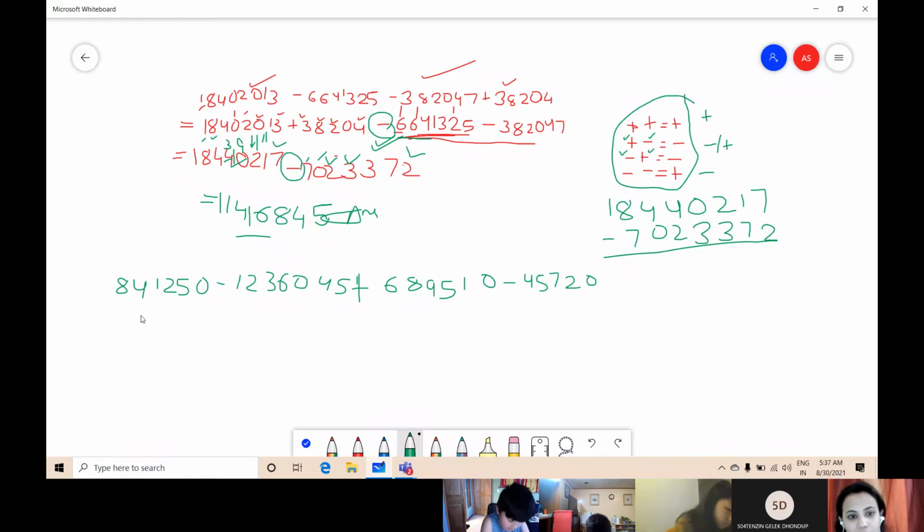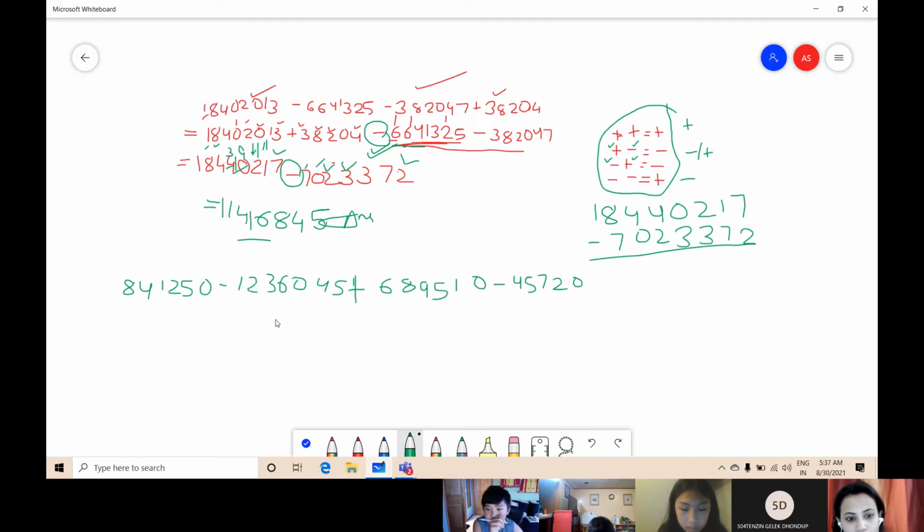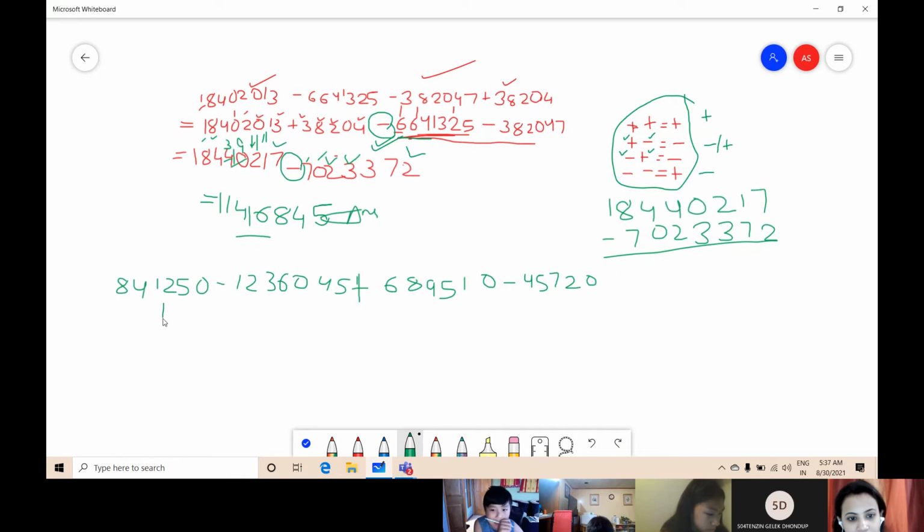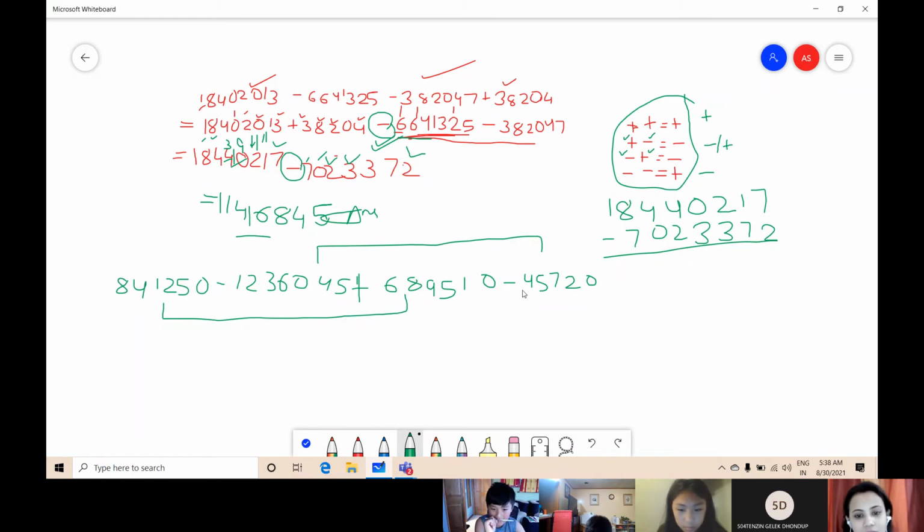If you want, you can do the first step: just bring all the signs together, sign of addition together and sign of subtraction together, and then solve. Or you can directly add the numbers with the addition sign and write here, and directly add the numbers having the same subtraction sign and write here. It's up to you. Either arrange like this, make all the signs together and then add and subtract, or directly add these two numbers and write the answer here. It's up to you.